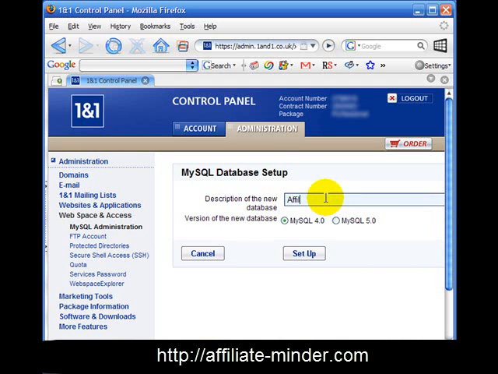and then type in a name that will remind me what this MySQL database is being used for. I'm basically going to use this WordPress blog for the Affiliate Minder website, which is going to include all of the WordPress tutorials, including this one. Click on Setup,